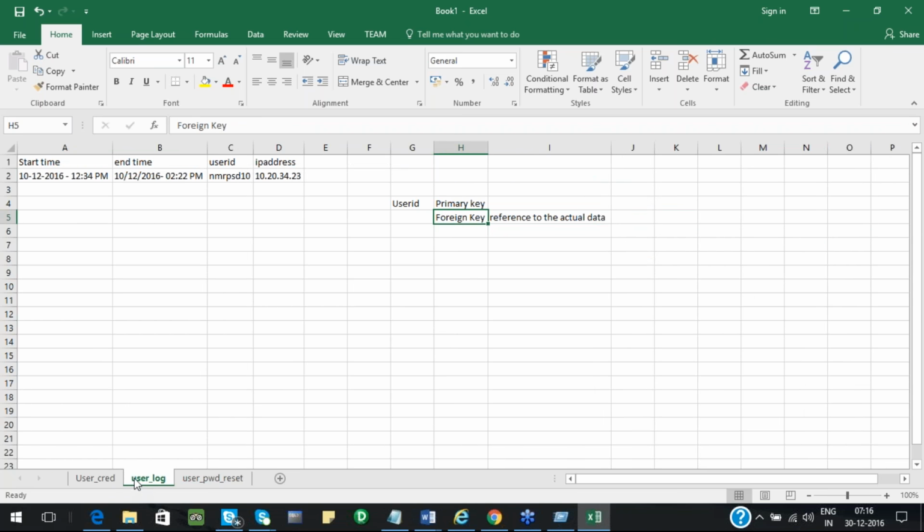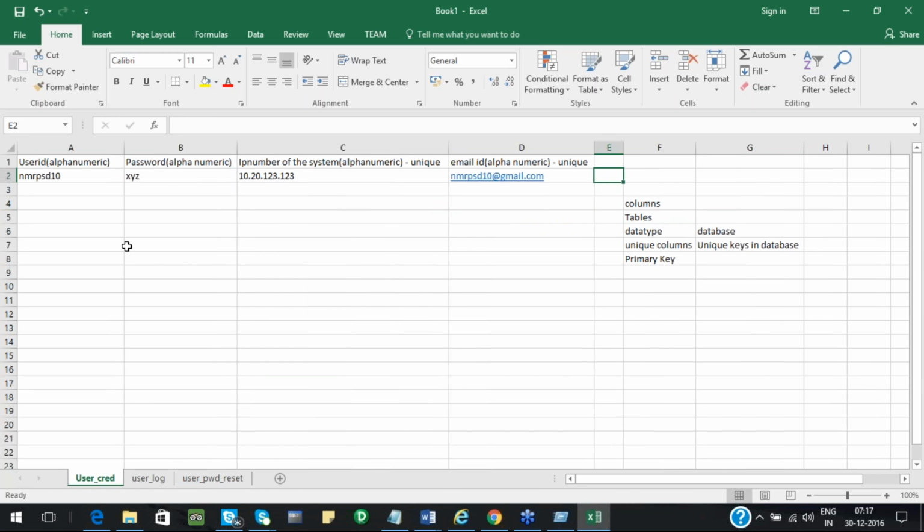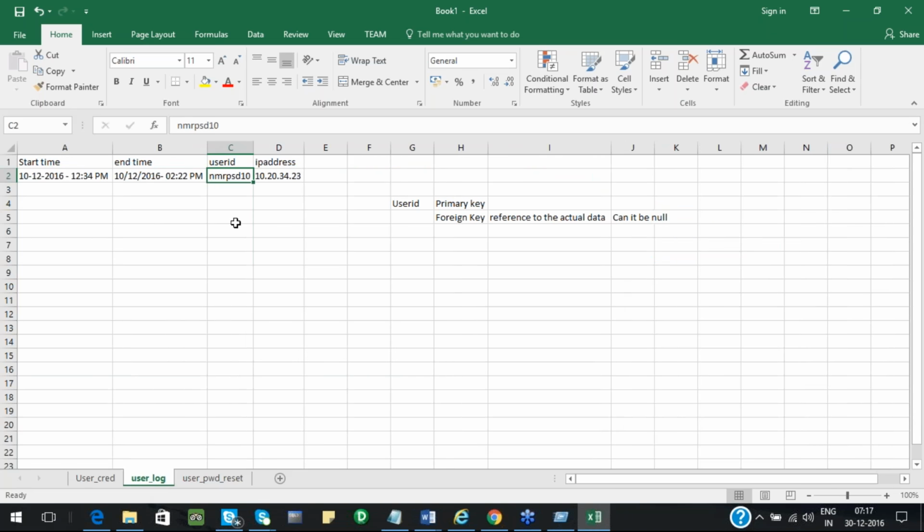Clear? Any confusion? Now tell me whether this foreign key can be null. Many of you are saying no. In this case, this particular key is acting as both the primary key for this table and the foreign key for the other table, so it cannot be null.